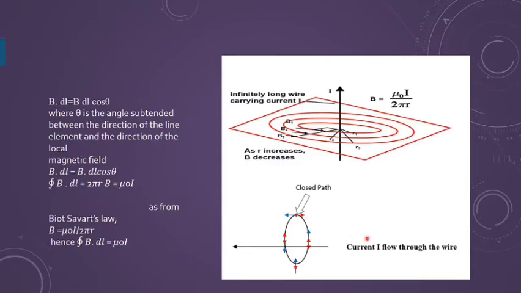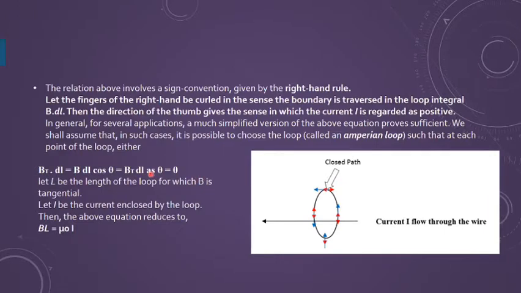And as I was saying regarding direction, this is a wire carrying current, and this is a closed path kept perpendicular to it, with current flowing through the wire. We assume a small current element here, where we are finding B. Another way of writing Ampere's circuital law is that in place of the integral of B dot dl, you can write simply B L equals mu naught I. At certain places, whenever required, you can use this directly.